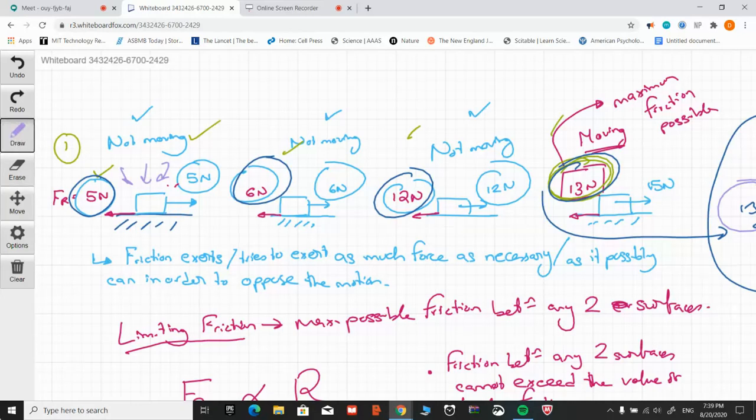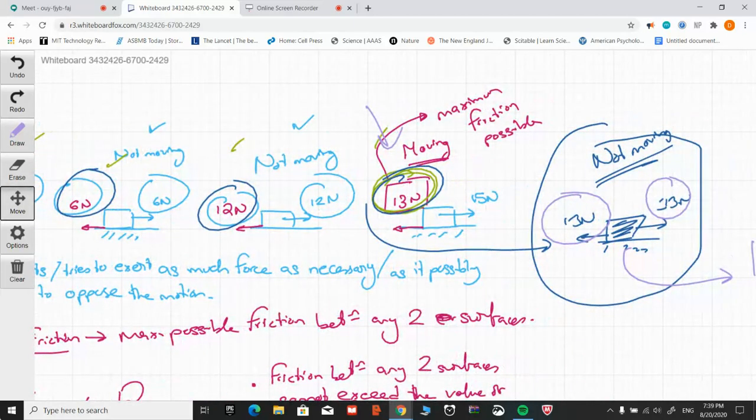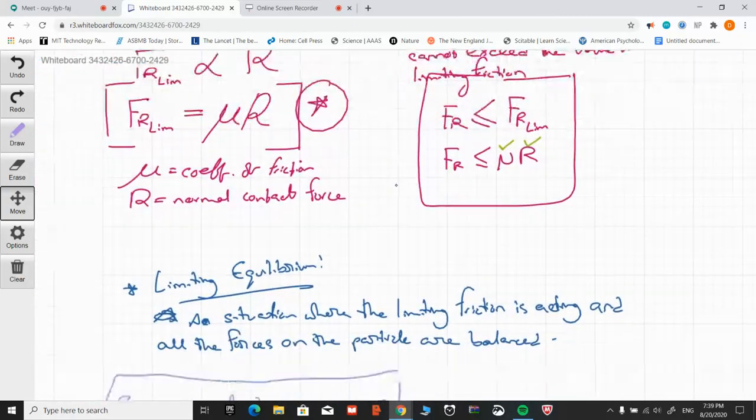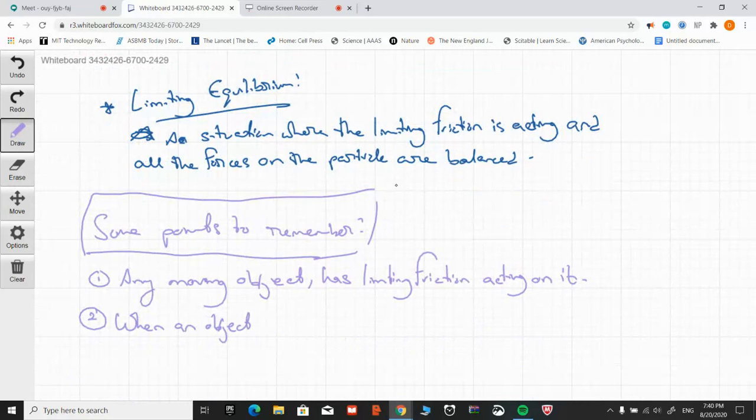এটা হচ্ছে এই সারফেসের লিমিটিং ফ্রিকশন, আর বাকি যেগুলো 12 নিউটন 6 নিউটন ওগুলো তো জাস্ট নরমাল, ওগুলা এমনি ফ্রিকশন, ঠিক আছে, the friction that is acting, these are just friction acting, but we say that in all of these cases the limiting friction is 13, but the 13 newton is not acting. It's not acting because it's not needed here, it is only needed in this diagram or in this diagram, ঠিক আছে, যখন লাগবে তখন দিবে, আর যখন পারবে না তখনও ওইটা দিবে, যখন দেখো 15 নিউটনকে ওভারকাম করতে পারতেছে না, সো ম্যাক্সিমাম যতটুকু দিতে পারবে ততটুকুই দিয়ে দিতেছে।